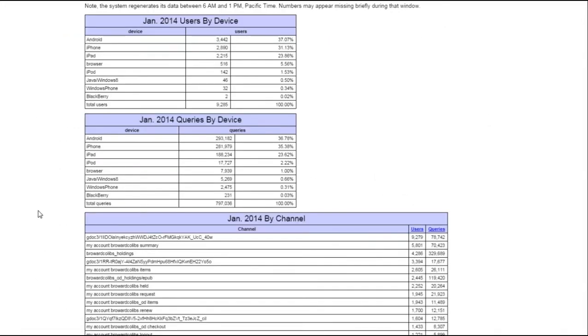Okay, so if any of you have had your app for longer than a year, you may recognize this kind of rough-looking spreadsheet here. This is what we use internally, and it's also the legacy stats we used to send you. A little over a year ago, we would just send Google Docs and share those with you each month. It was a laborious process and not easy to read. Obviously, if you look at the channels at the bottom of the screen, you can see it's a lot of GDocs and code stuff, which is not very helpful.